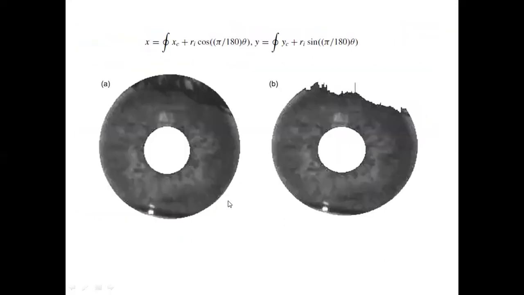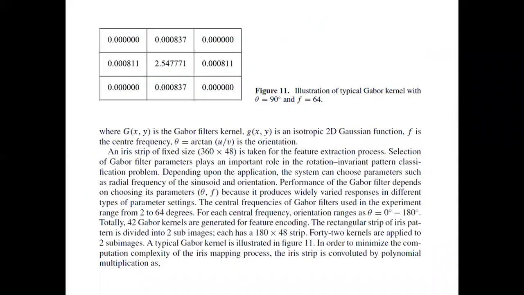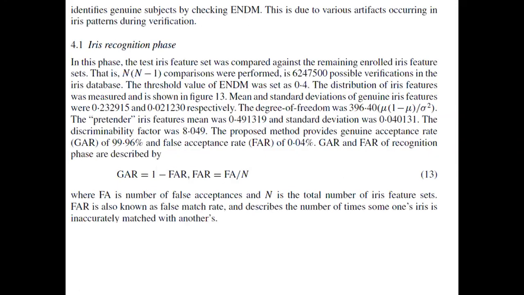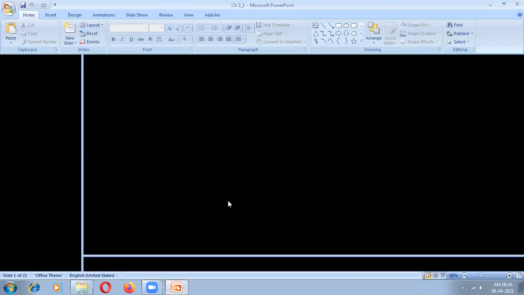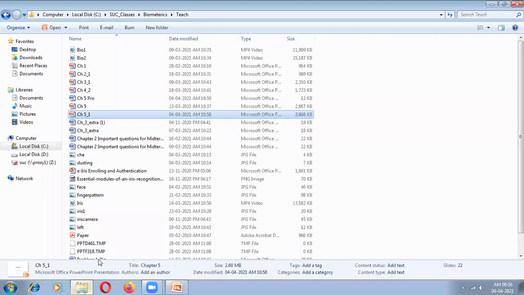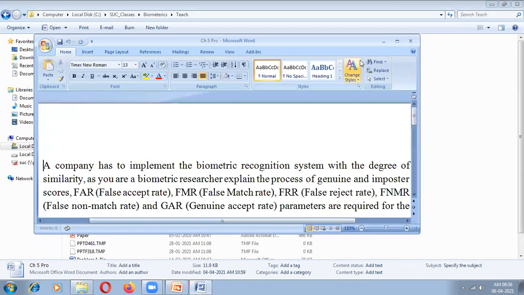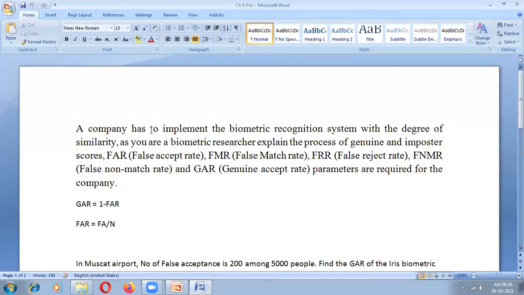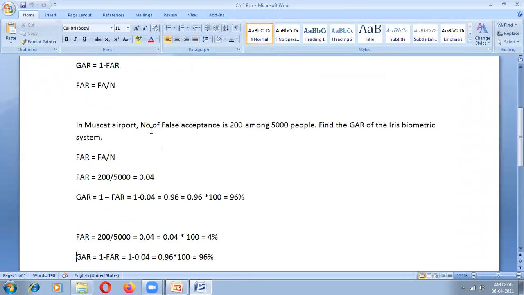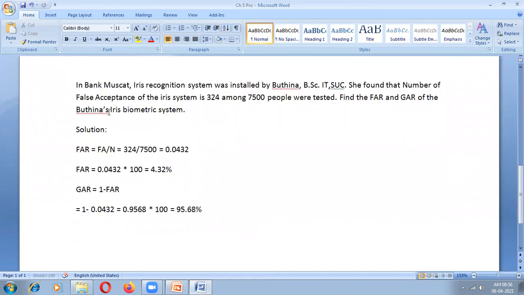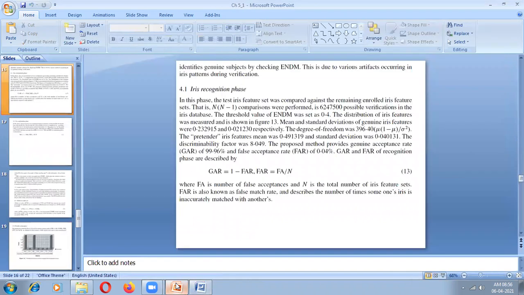Students, what is important? Already we discussed these slides. Today, our discussion is on the problem which is going to be asked in the final exam. I already taught you about the problem. The last class we discussed about this problem. This problem we finished. This is another problem also. And another problem for you.